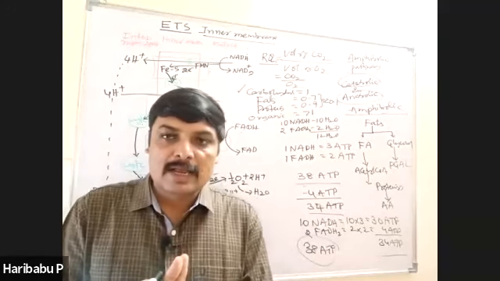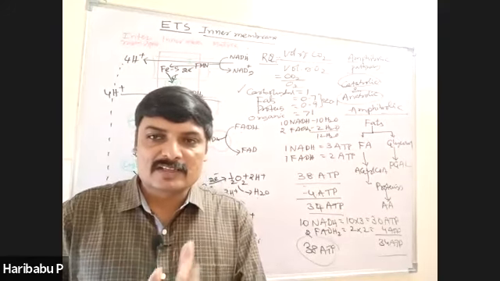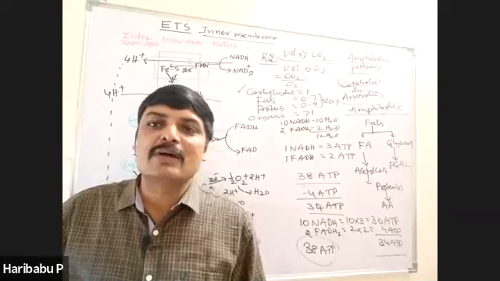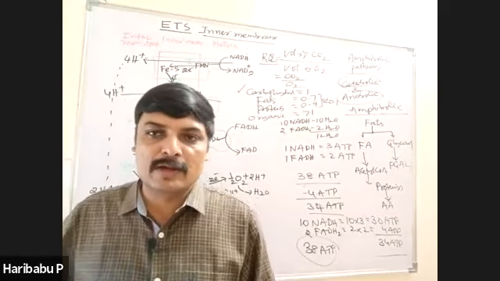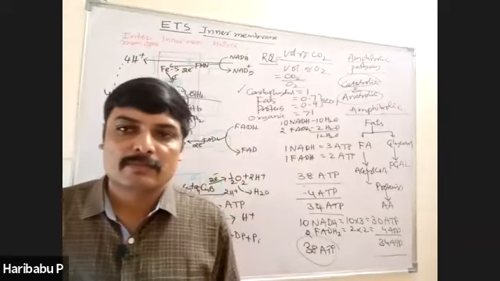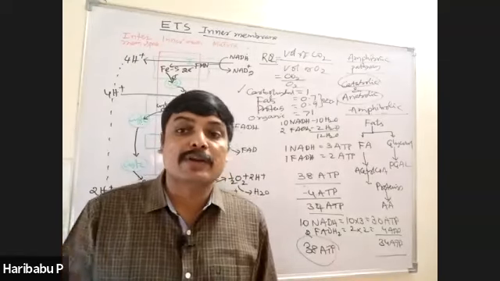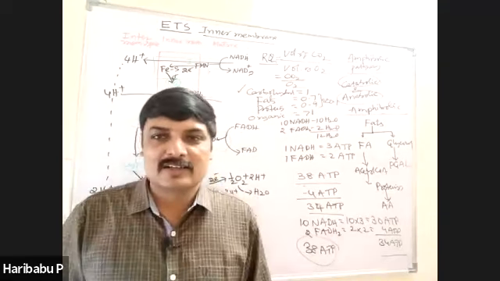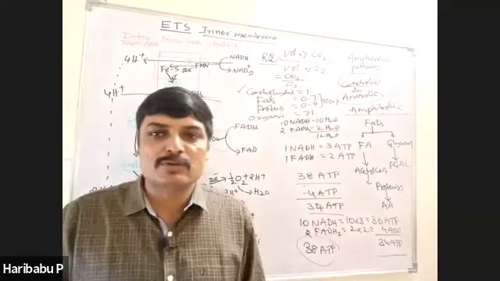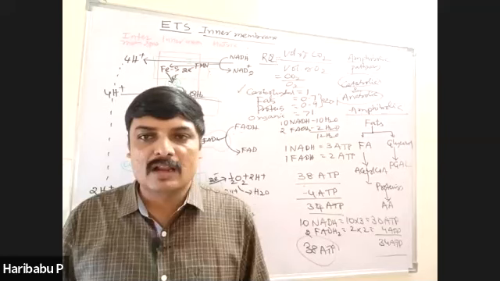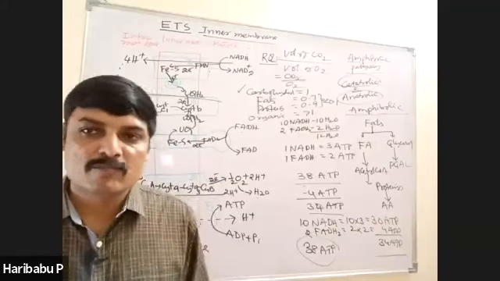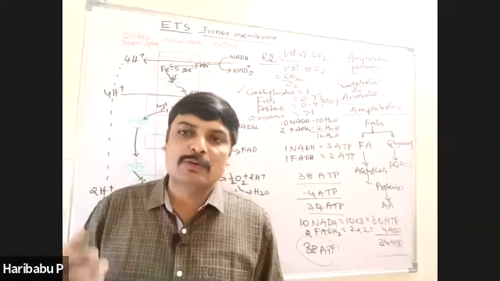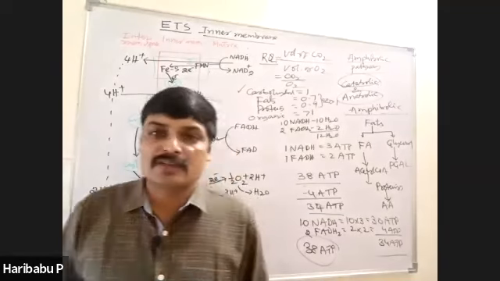Then what is a climax community? Whether succession begins in water or land, ultimately it leads to a mesic community, a community stable with the environment. That community is called the climax community. Then what is hydrarch? What is xerarch? Succession beginning in water is hydrarch. Succession beginning on land is xerarch. What are the different stages of hydrarch succession? You have to remember the correct sequence of the stages.